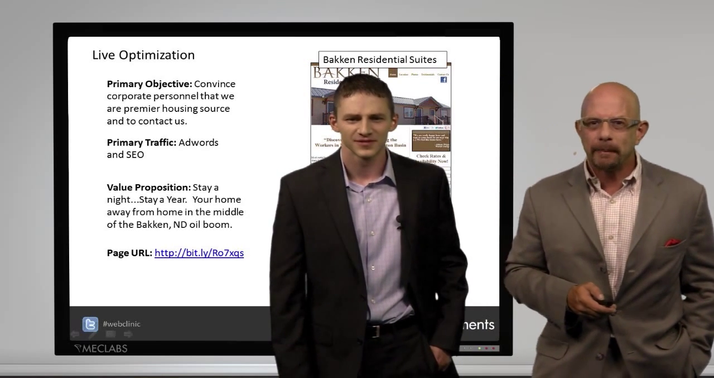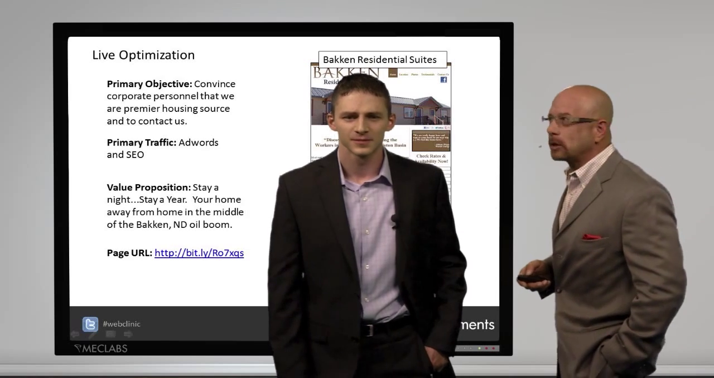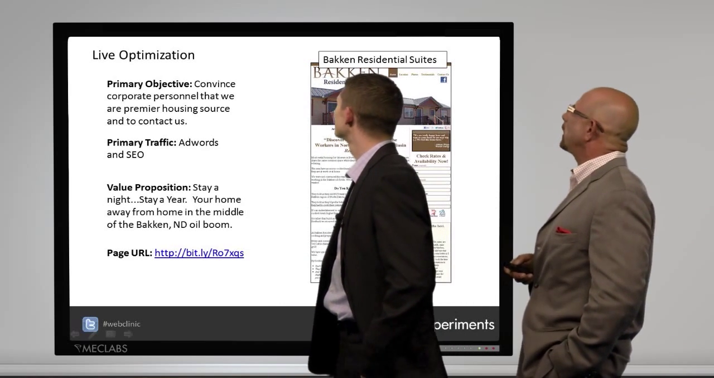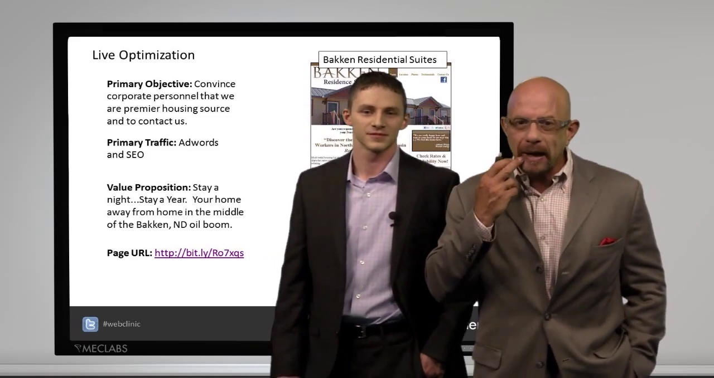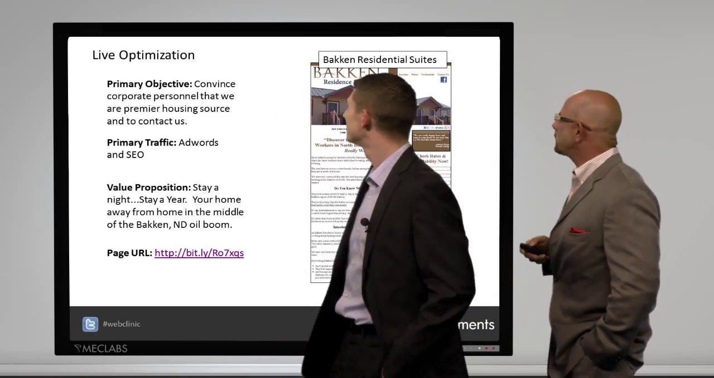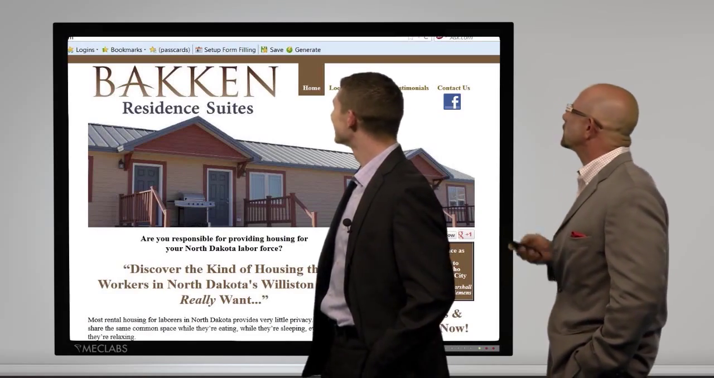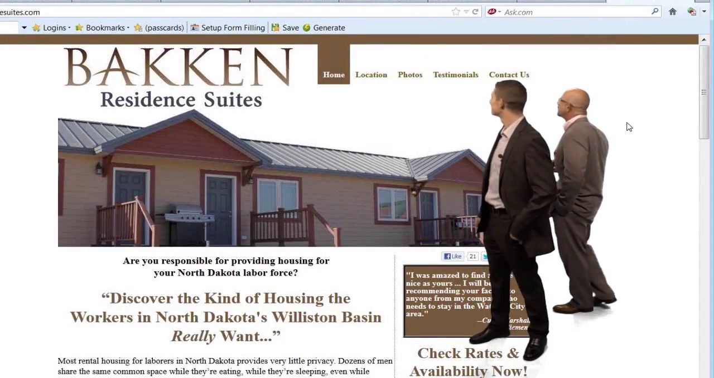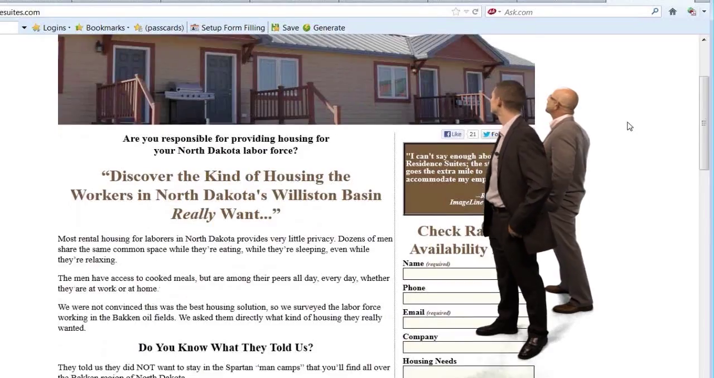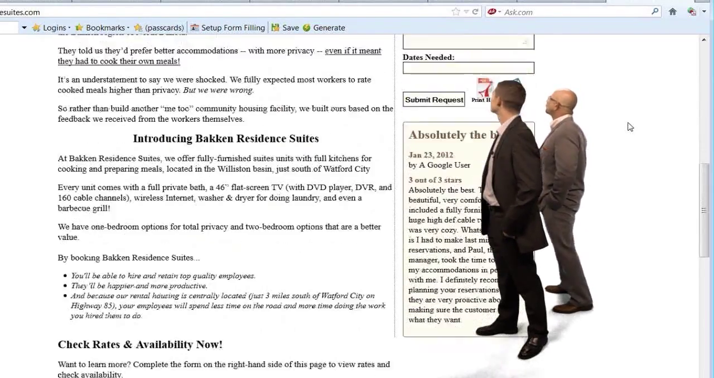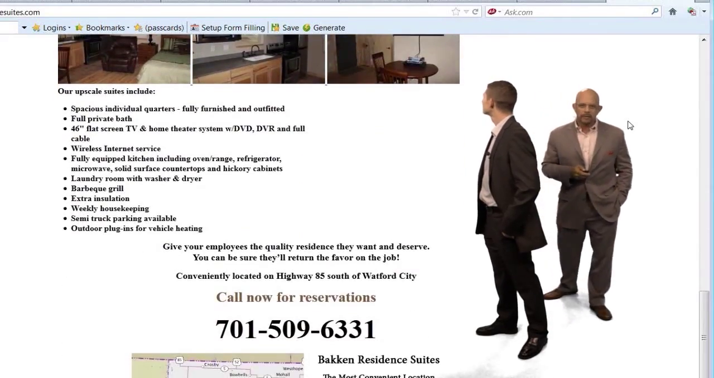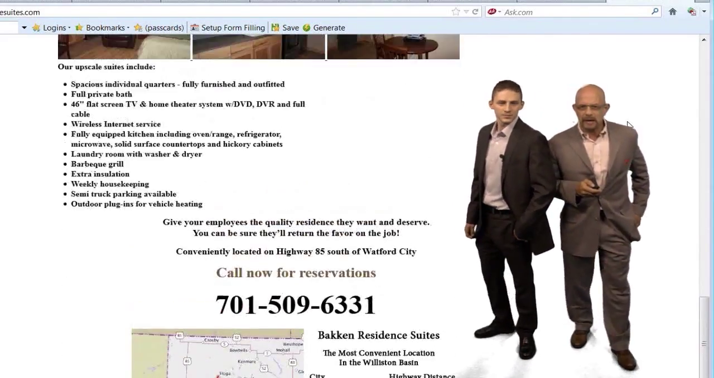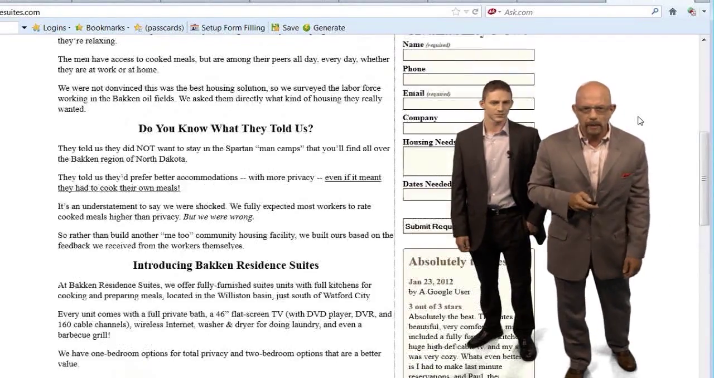Here's the page. Bakken Residence and Suites. The goal of the page is to convince corporate personnel that we are a premier housing source. Contact us. We'll pull the site up. I can see a vision of it right now. John, I'm just going to comment, all right, so that we can end with this particular one. It has a headline. It has sort of a long copy purchase idea. It has a form on the right. It has a testimonial. I think that if I was going to test anything instantly with this, scroll right back up if you would,